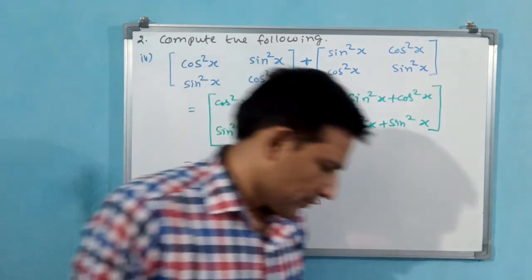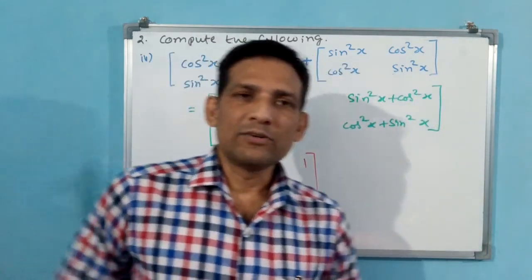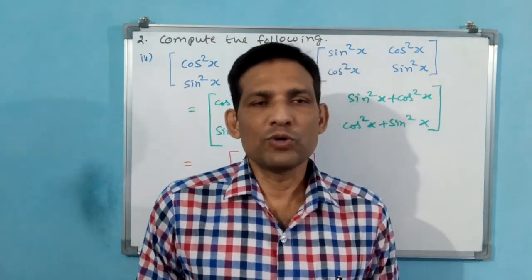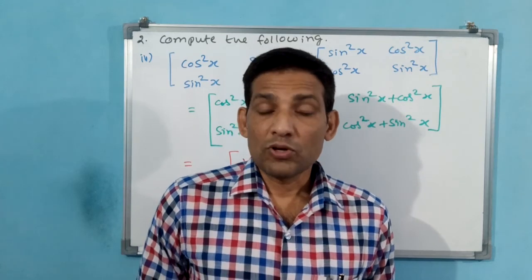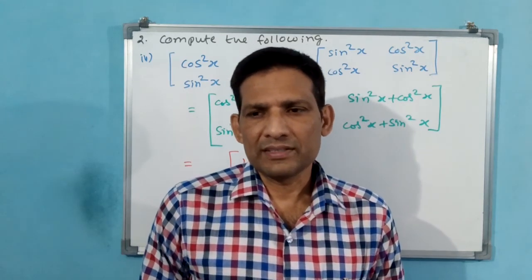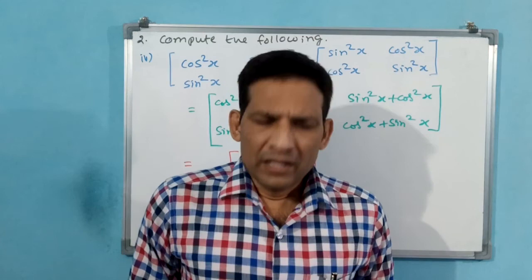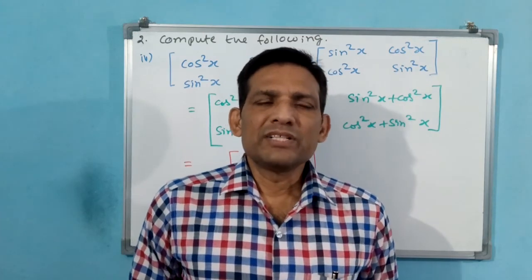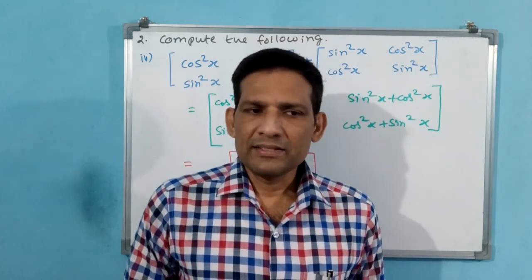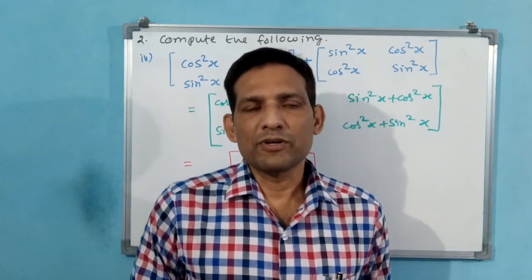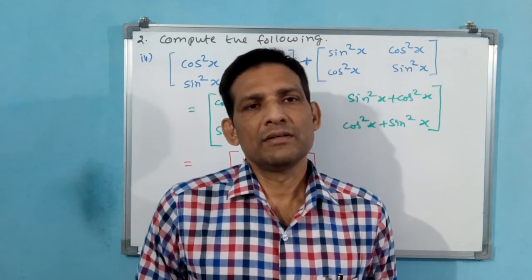What we do, we stop this class here only. Okay, we have finished 2 questions, 2 problems. Total 22 questions are there in this 3.2 exercise. Let us try to solve as many problems as possible in next class. And I think still 2 or 3 classes are required to complete this 3.2 exercise. Okay, thank you very much.